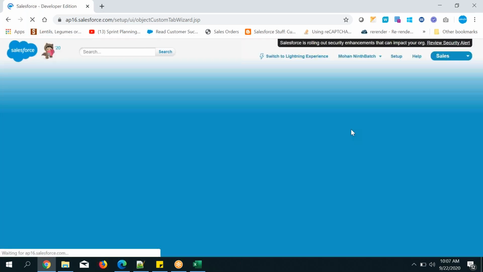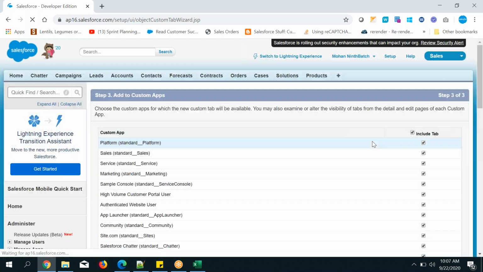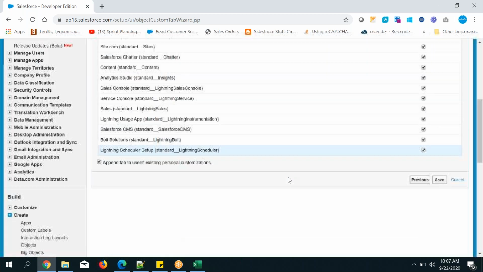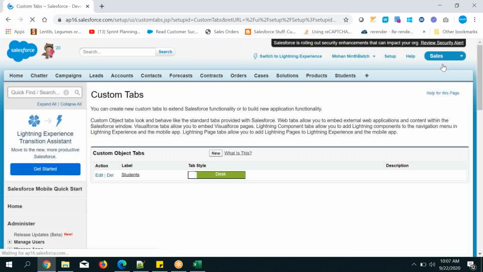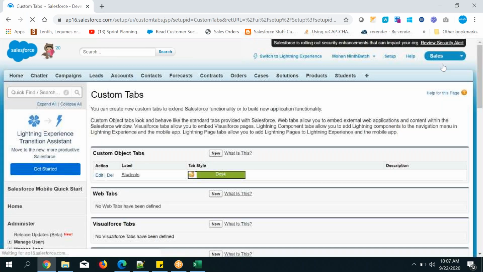Don't even think about these things. Skip this one also, this is also a separate one. Next, save it. Just skip the last things. Just enter the data. Next. Finally, when you have the save option, till that one, skip. I mean to say, click on next. Finally, save it. So we have saved a tab. We have created a tab.